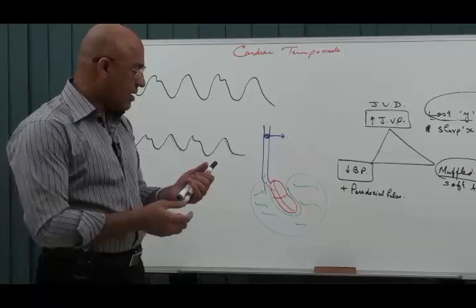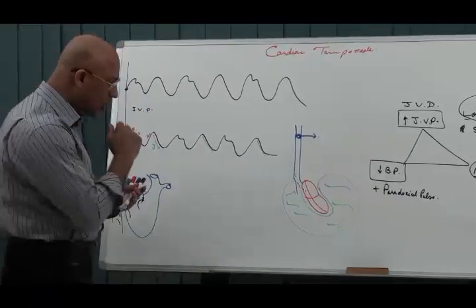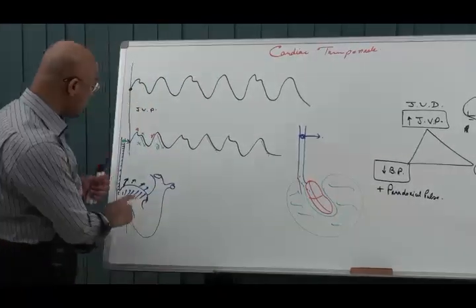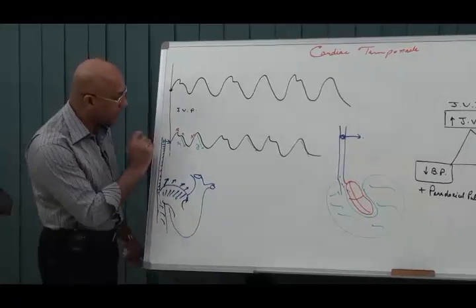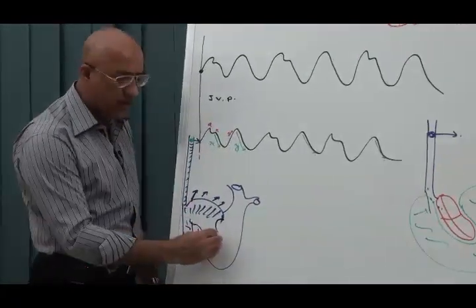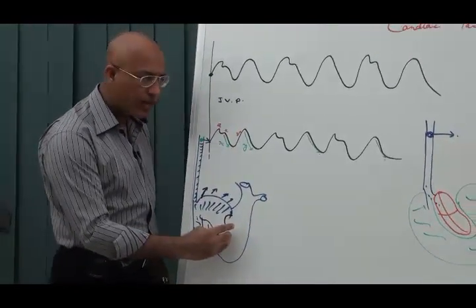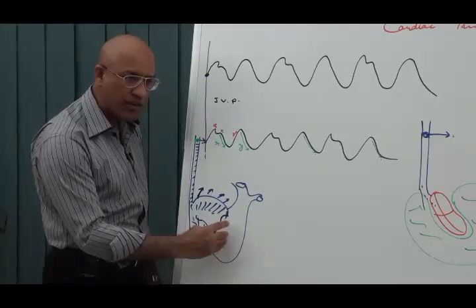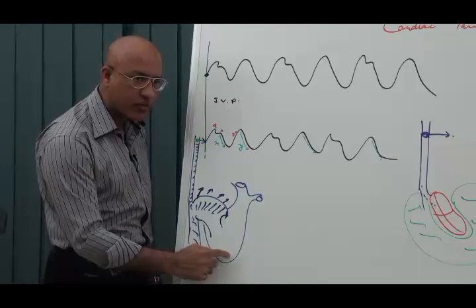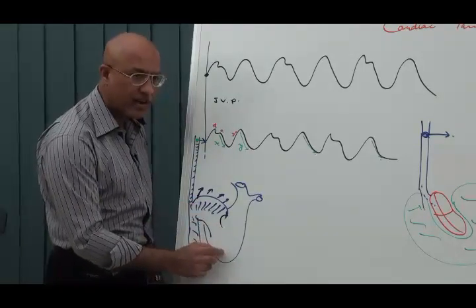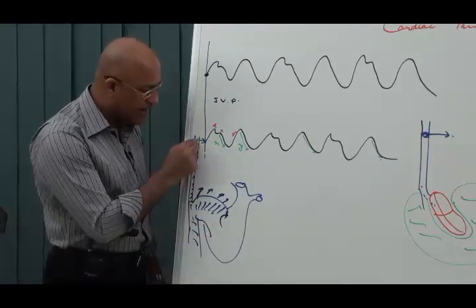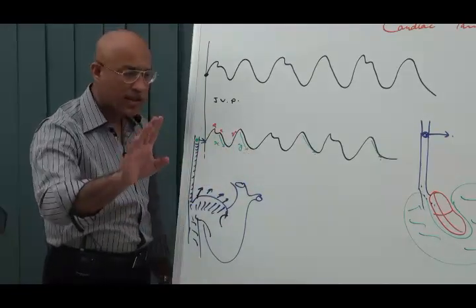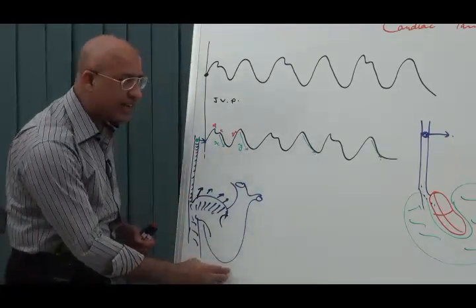Actually, why was the original Y descent there? I told you in the beginning. Y descent occurs when which valve opens? The tricuspid. When the tricuspid valve opens in early diastole, pressure is very low, so blood will rapidly enter here and it will come down and Y descent will come. Now you imagine if there is cardiac tamponade,